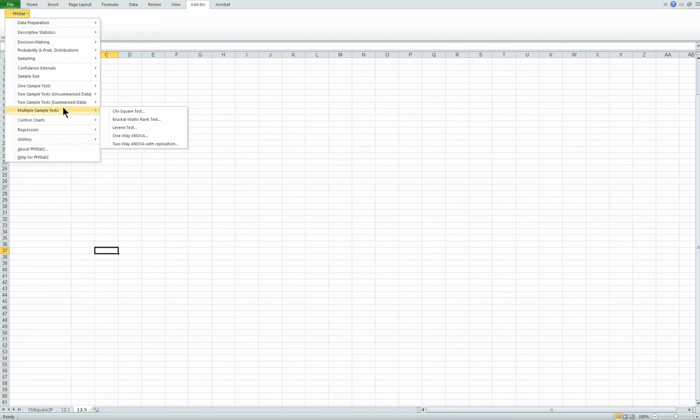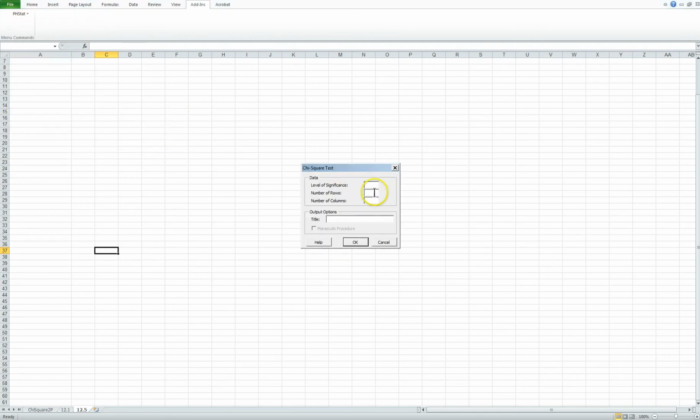We go to multi-sample tests. It's multi-sample because, well, there's 2. And we simply click on chi-square test, and we get this little dialog box. And we need to enter in our level of significance. For this problem, it's 0.01. We know it's got 2 rows, 2 columns. We can give it a title, something like gender and shopping enjoyment,